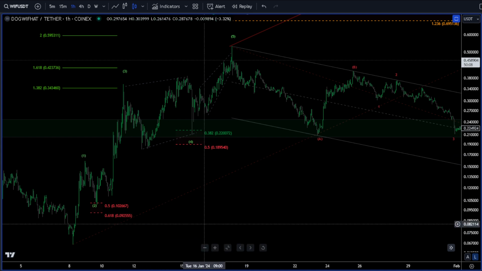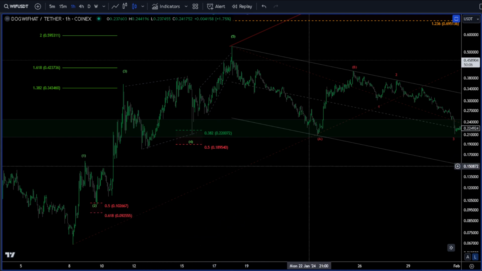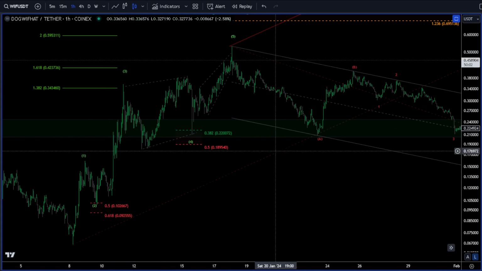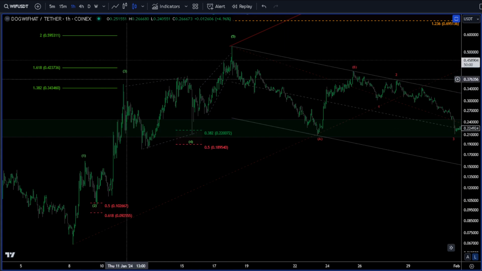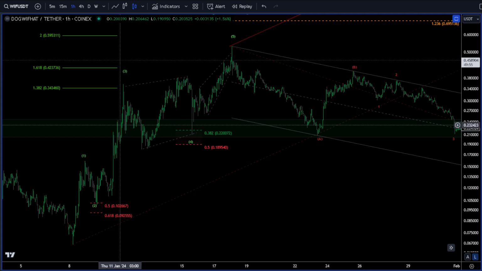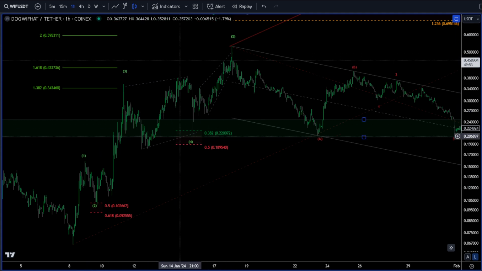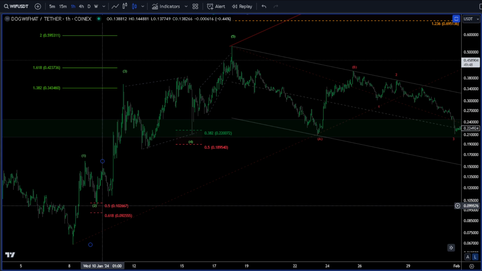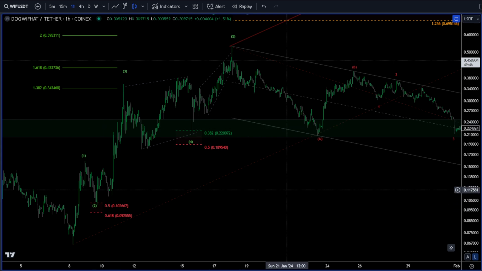Now, I just wanted to show you real quick on the hourly here. Our impulse since the low, a nice 5-wave move to the upside. We did come a little bit shy of expected targets of the 1.618 and the 2.382, but everything fits, no overlap. Our fourth came in the area we'd expect between the 382 and the 50, and our wave 2 came between the 50 and the 618, and we did get our ending diagonal for our